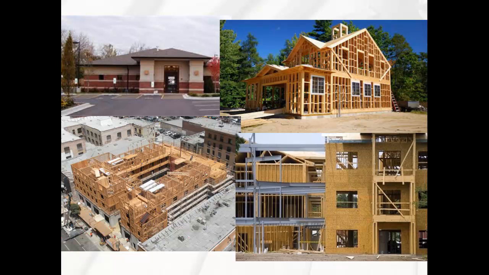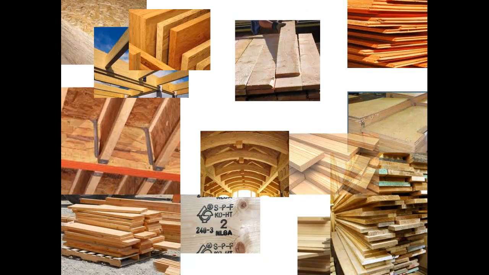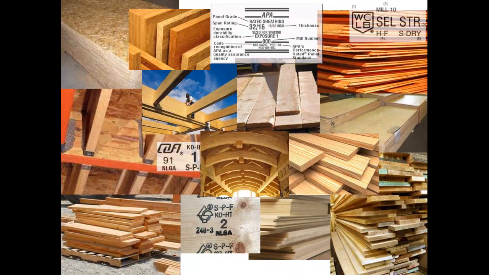Dimensional lumber is the primary material used in the construction of residential and light commercial buildings. So, with that in mind, do you know what dimensional lumber is? Could you explain its makeup or how it's sized and graded? Given the material's significance in the building industry, this is information you need to understand and be able to identify